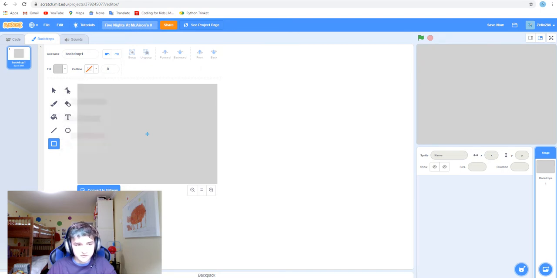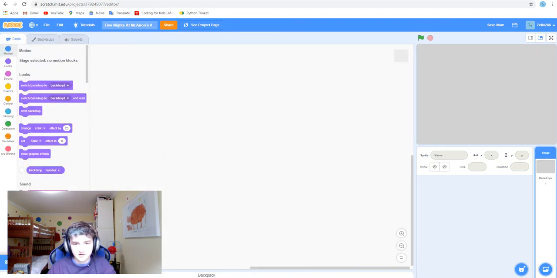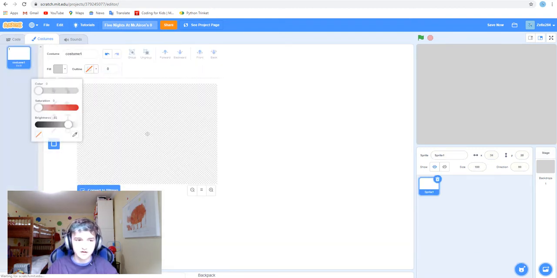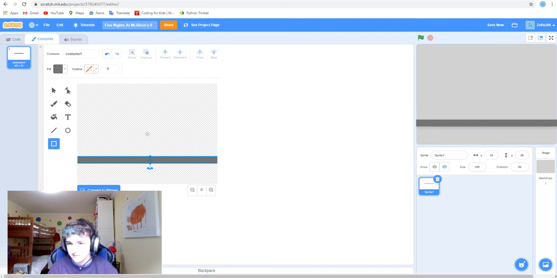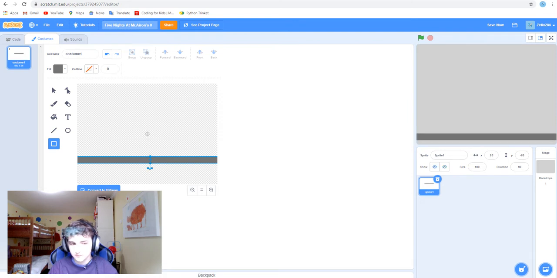First things first, you gotta do a mini game. So if you want to do a mini game, then you want to add a new sprite, which is the border, like this. Yeah, this is just gonna be like the mini game of the Five Nights at Mr. Aaron's Zero kind of game. So yeah,